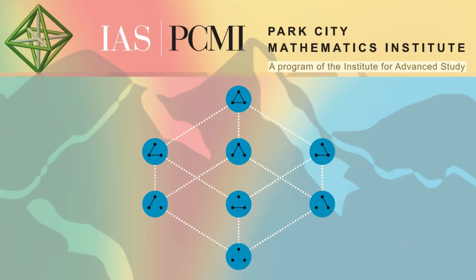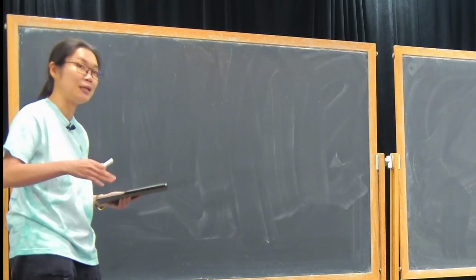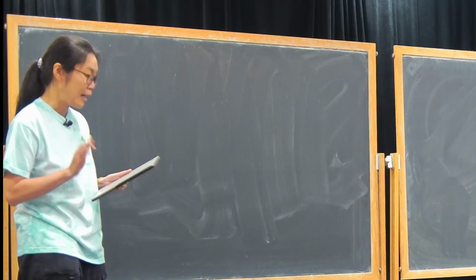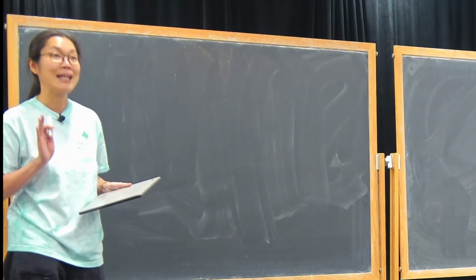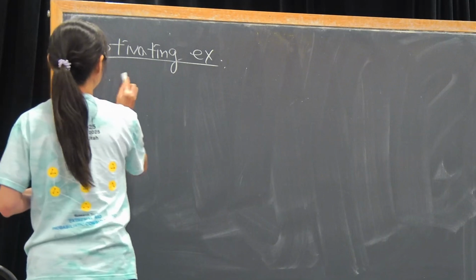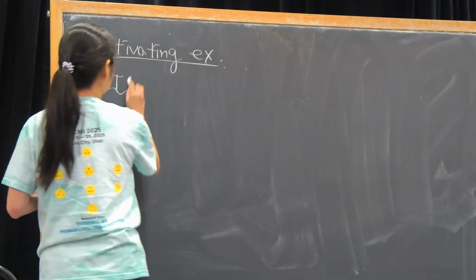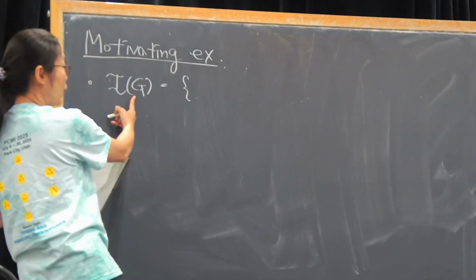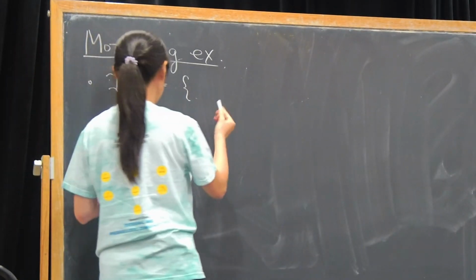This course is about asymptotic enumeration, and the main tools will be entropy and graph containers. Let me start with some motivating examples first. In this lecture, the first focus is the collection of independent sets. So G is a graph always, and this is I, and this means the collection of independent sets